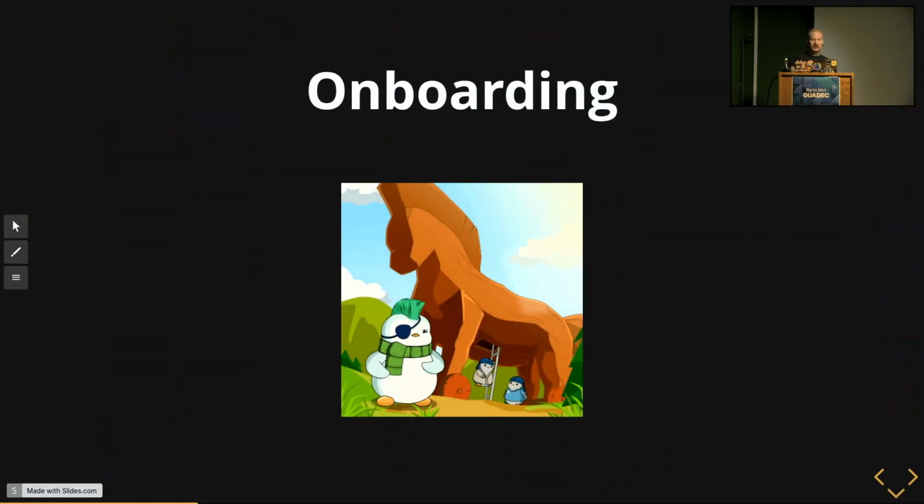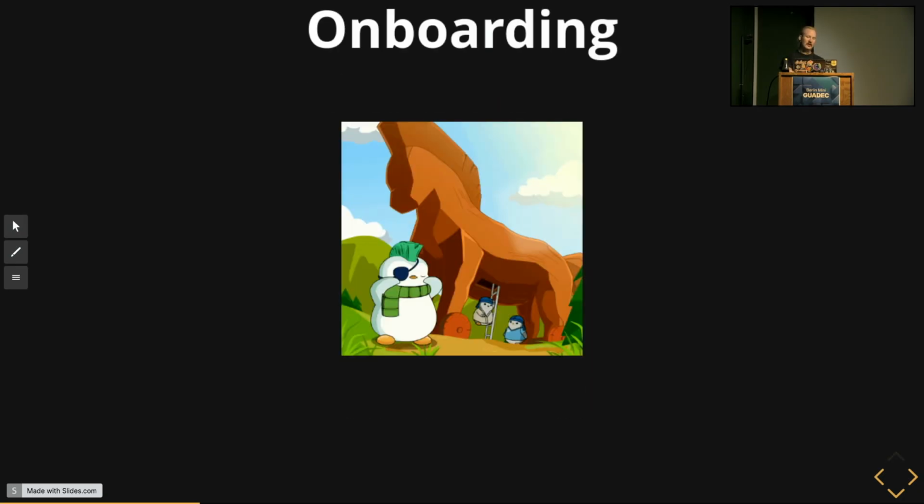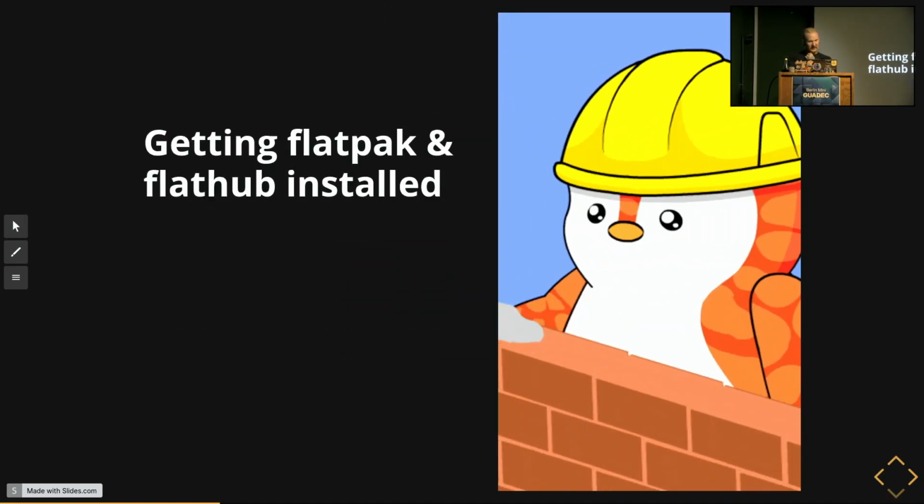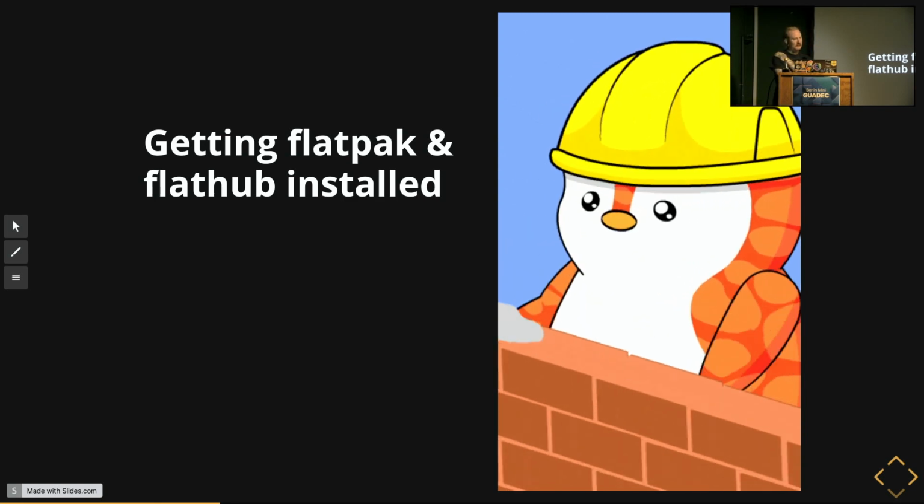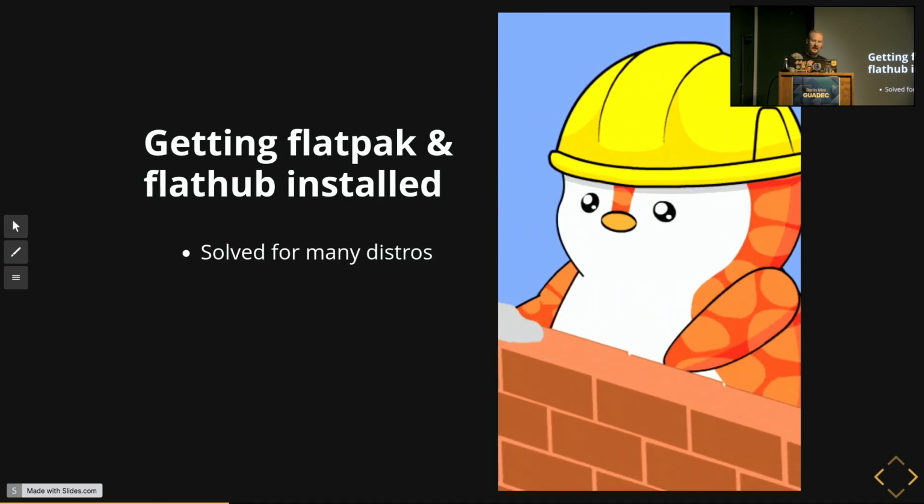When it comes to onboarding, we have a lot to do on distributions where Flatpak or FlatHub is not installed by default, and we ideally want to take the hand of each user and allow them to do it easily and in a comprehensible way. So we're trying to help people install it easily.